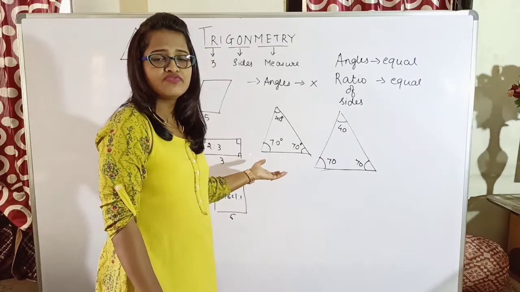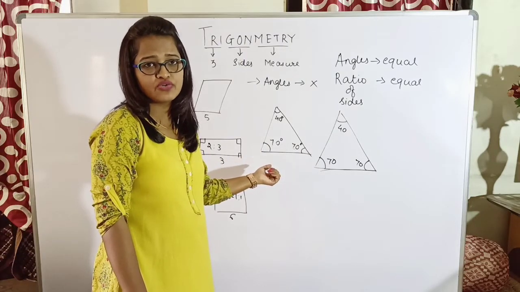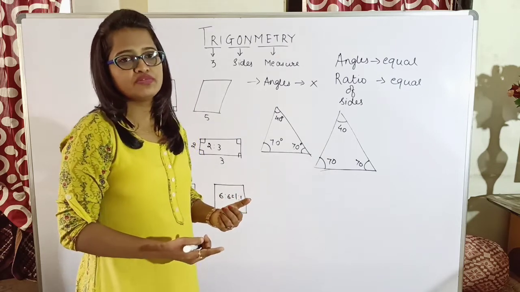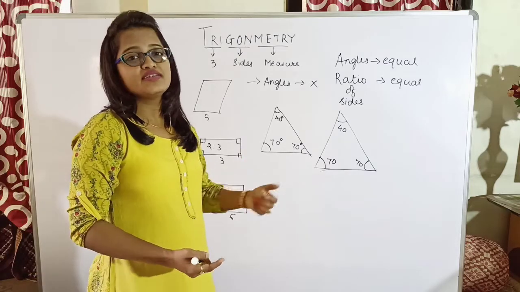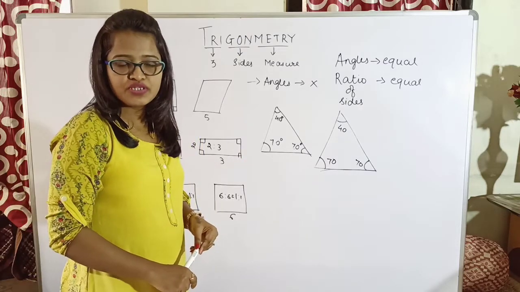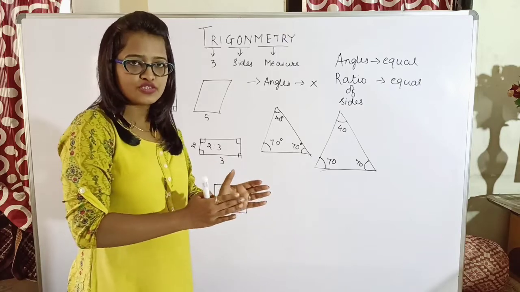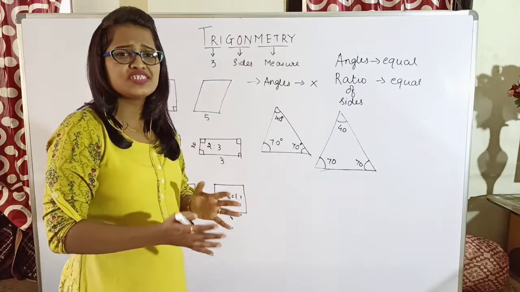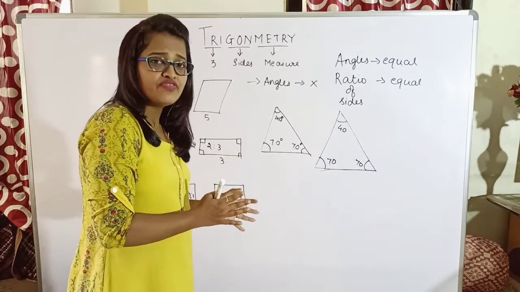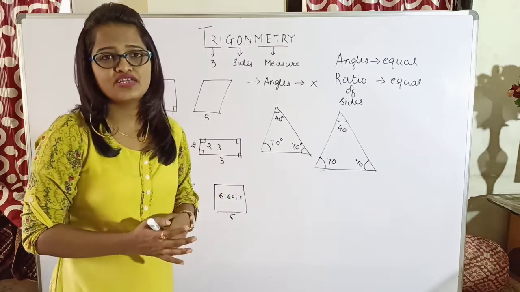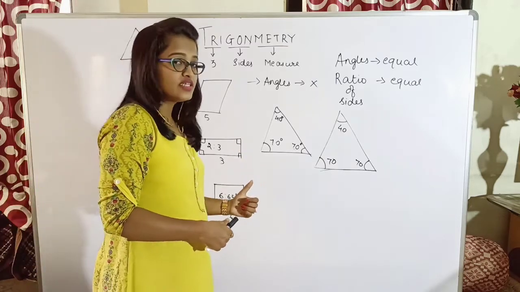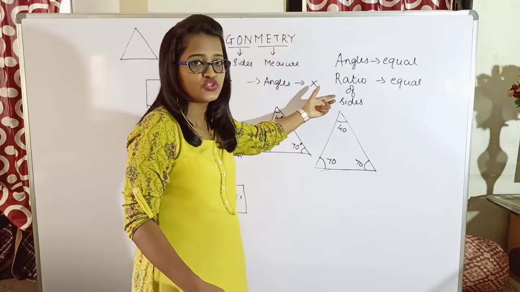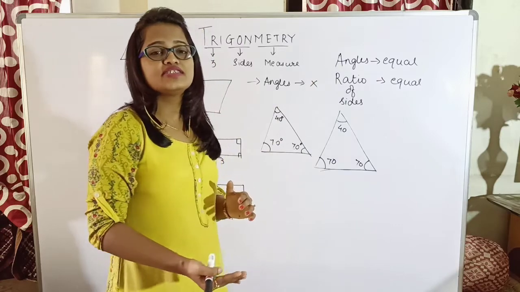You might be remembering the first similarity criterion with respect to triangles, which is the AAA criterion, which says two triangles are said to be similar if their three angles are equal, isn't it? What does it mean? It means if I am drawing a triangle with a respective combination of angles, definitely I will be getting another triangle which is similar in shape to the previous triangle. Why? Since their angles are equal. So as you can see, for other figures I have to check both conditions, that is angles and ratios, isn't it? And then only I can say that the two figures are similar.